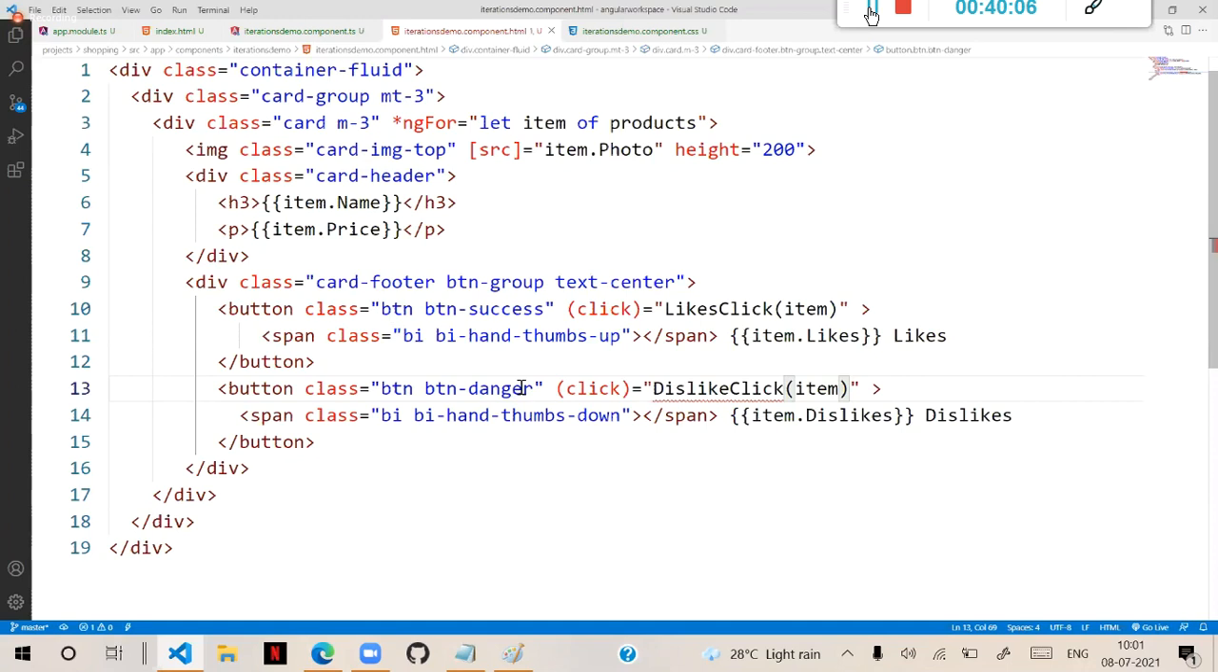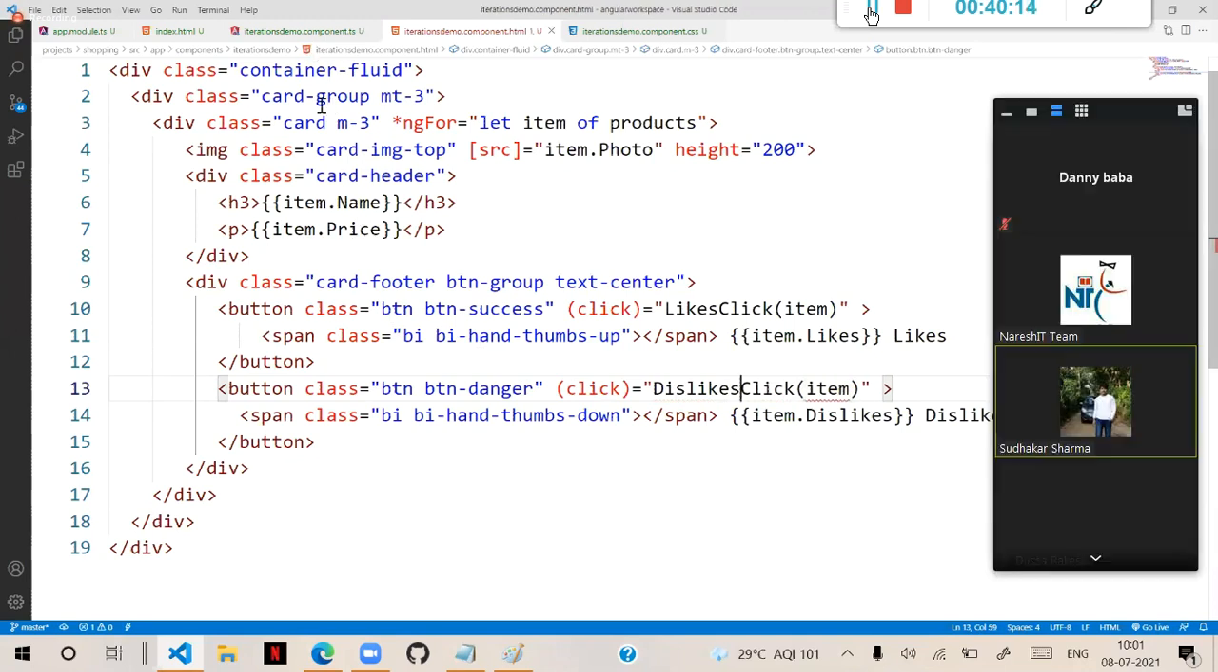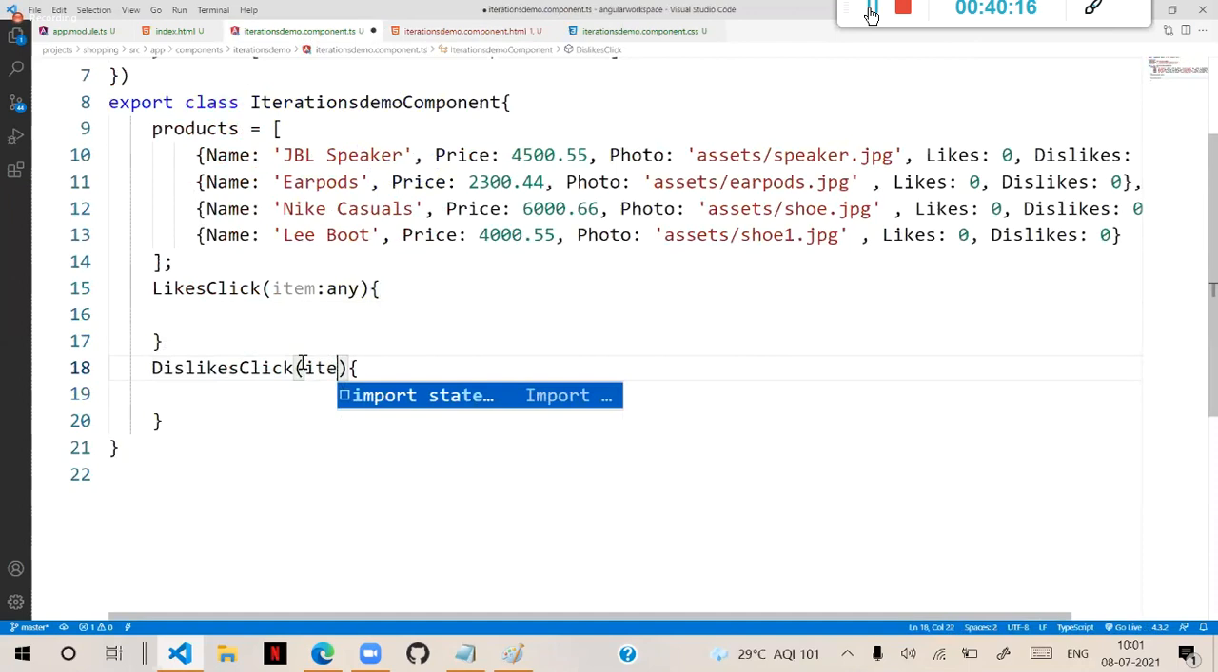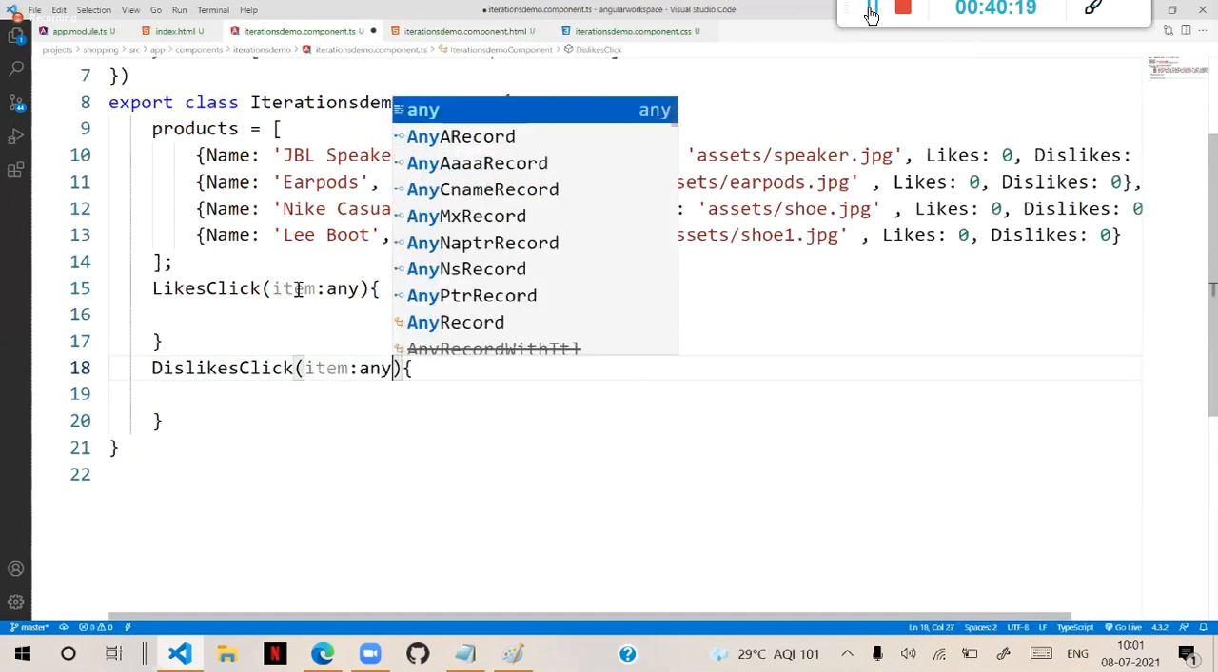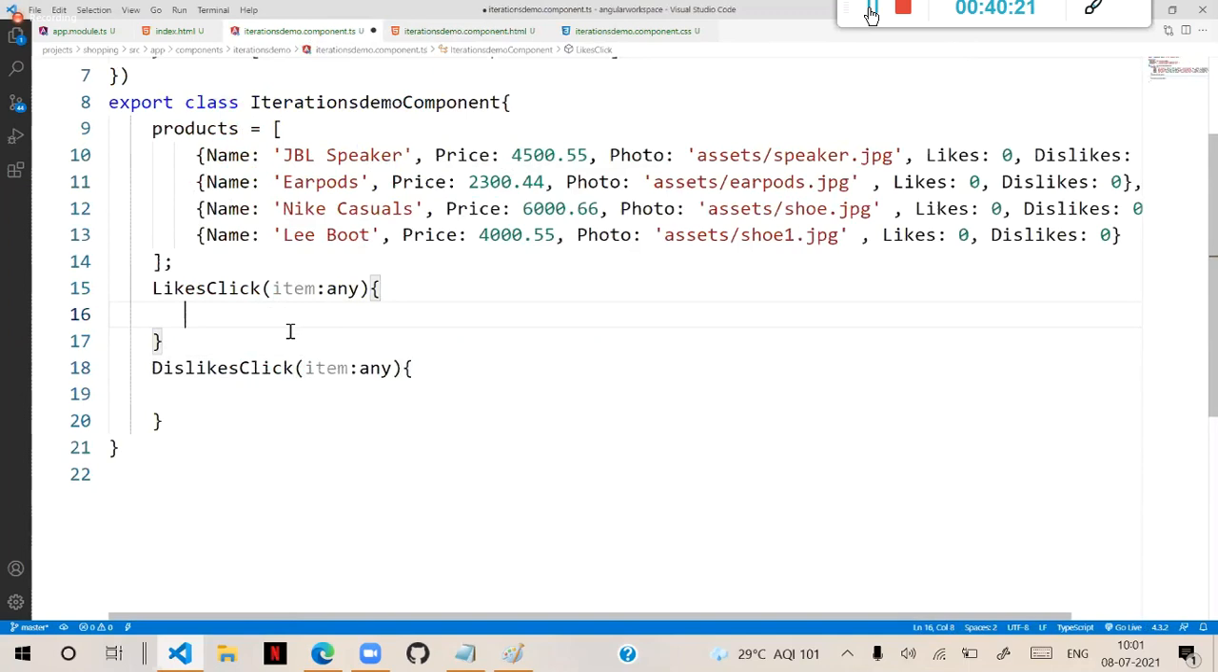Now dislikes. So dislikesClick. We are sending that item and we will collect that item. And this item contains likes. So we just have to access that item.likes property and increment it. That's it. That means it will increment the likes only of that particular item. It will not affect others. So similarly, we need to define here item.dislikes